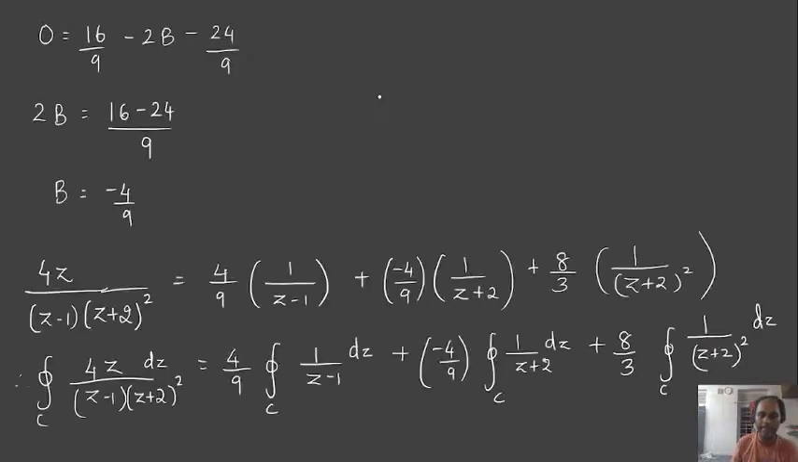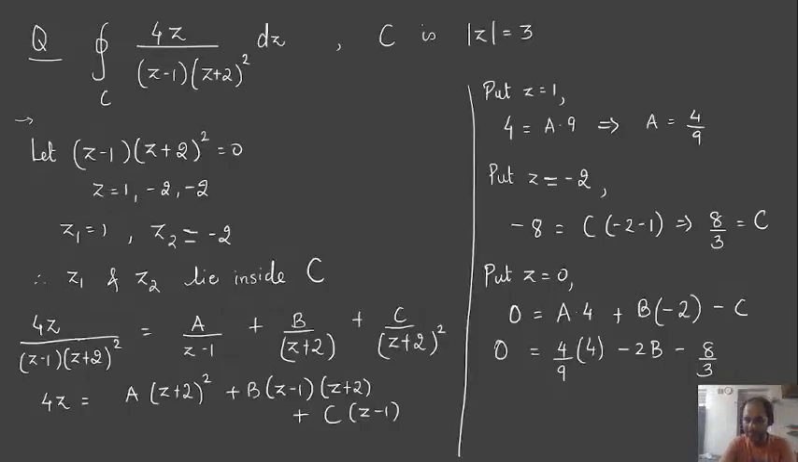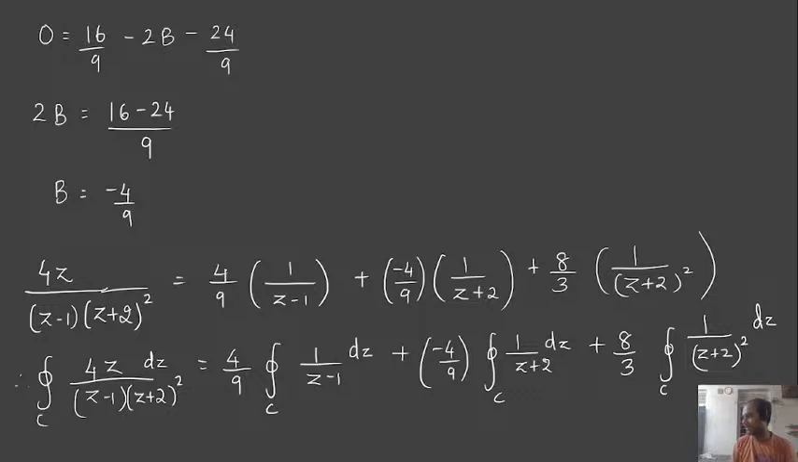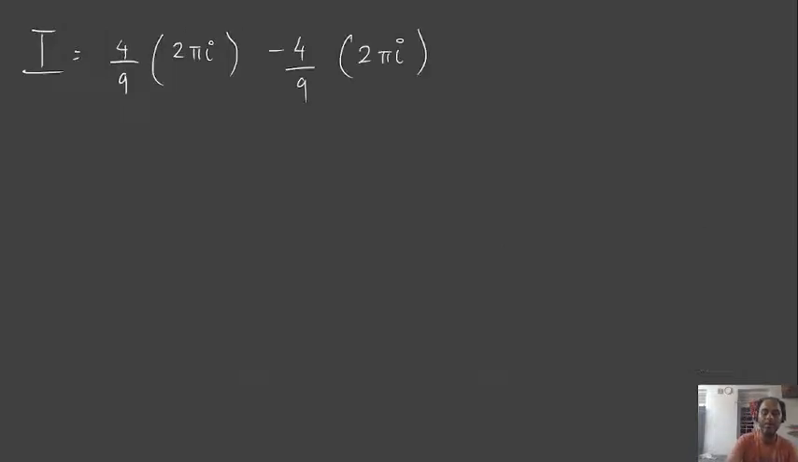Let me just see that I have not made any mistake. C is 0, 0 is minus 1, yeah, we get that. So this value we get, and now 8